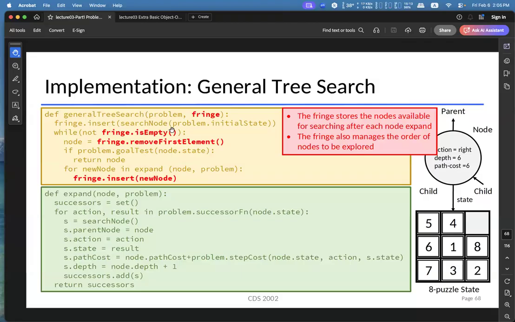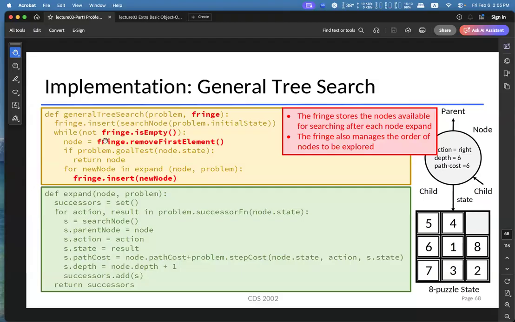If it is not the goal state, then we do the exploration by expanding the node, and the new nodes will be added to the fringe.